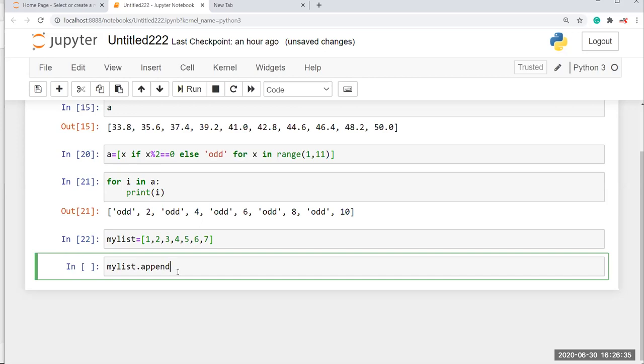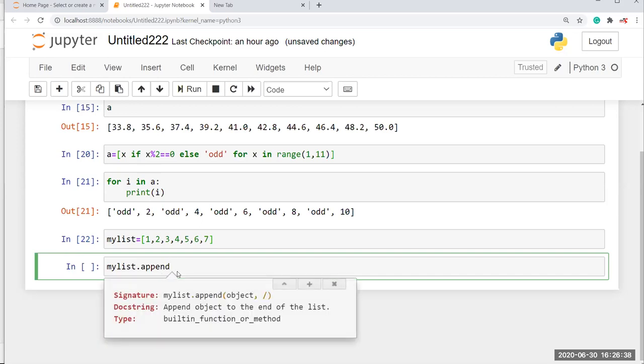You can check by hitting shift enter, and you can see the syntax in the docstring, which means it's a short note on the append function, and the type is built-in function or method. You can call append a function or a method, and you can see the signature is the syntax my_list.append, and here this is an object, and here there is a slash symbol. Append object to the end of the list. So append means it is inserting an object to the end of the list.